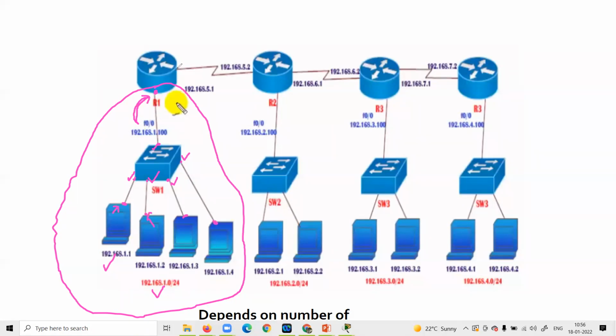Then you can see router which is connected to the another router, right? They are having the opposite face, okay, right? Or they are connected with the same cable. You can remember in that way. So in that case also, this must be a same network. See, this network must be same port and this network must be same. So this is the main point that you need to take care, that you need to remember.